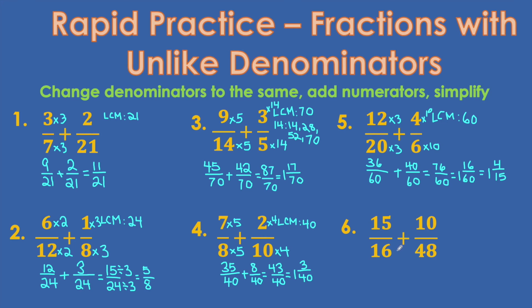Well, you just multiply it by 3. Then multiply the top by 3, and you get 45 over 48